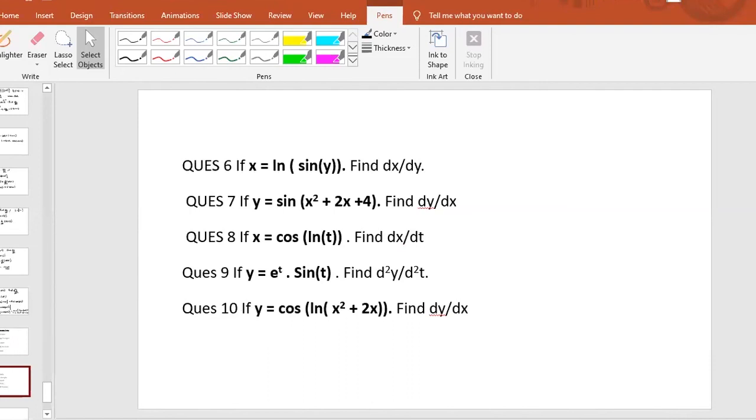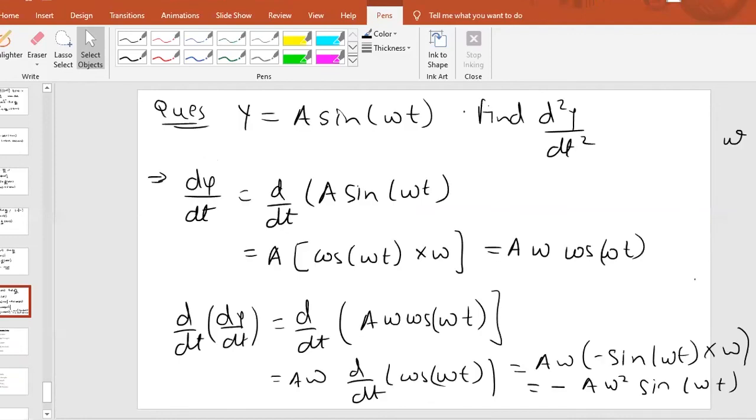What is your doubt? Which problem is your doubt? The last sum which we have discussed. This one. Okay. So y equals a sine omega t. A is a constant. Now you can take a outside, because whenever a constant is multiplied with a function, we can take the constant outside. Then differentiate sine omega t. Differentiation of sine is cos omega t, into differentiation of what is inside the bracket, omega. So we get dy by dt equals a omega cos omega t.